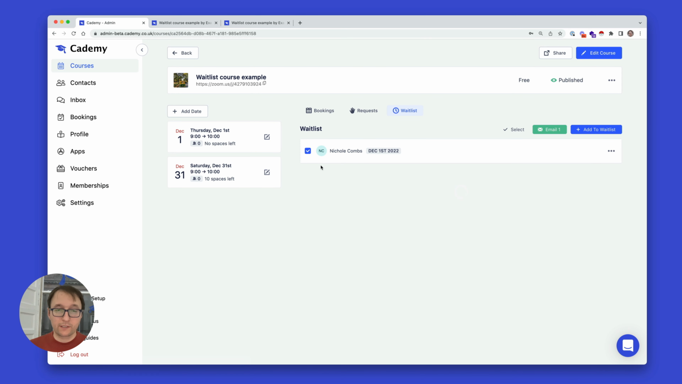Now, at this point in time, we do not automatically invite people from the waitlist to join courses at the point when spaces become available, although that will be something that we'll add in a future update, so that if somebody is on the waitlist for the December 1st event, like in this case, and the space becomes available, they will be automatically notified. So stay tuned for a future update,